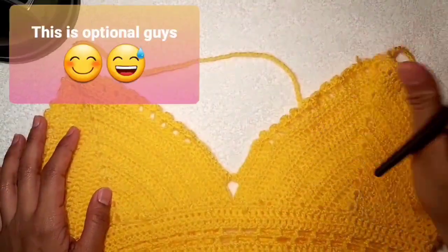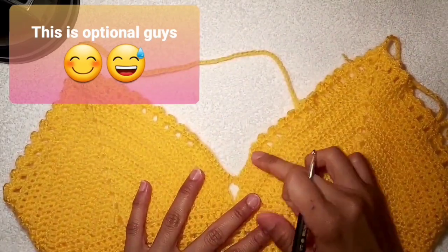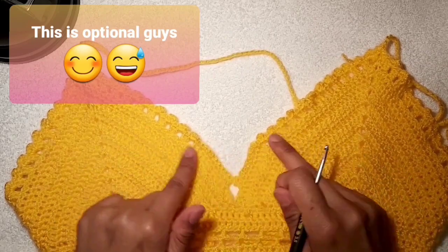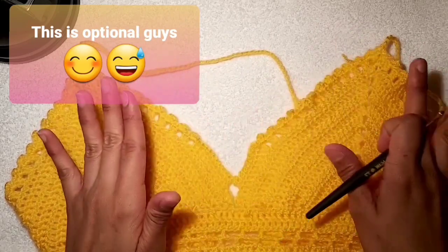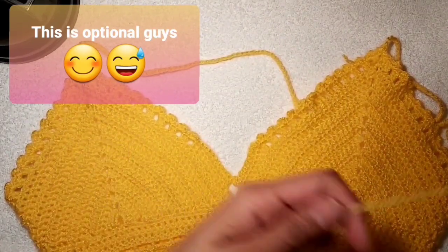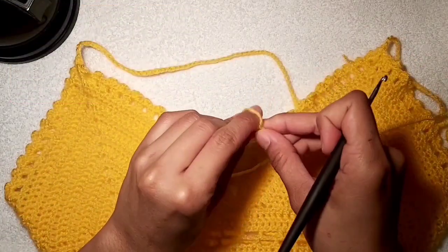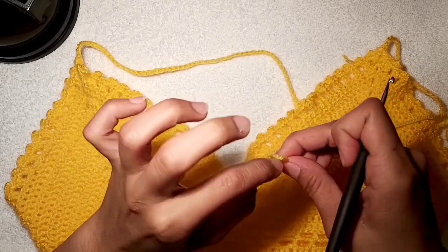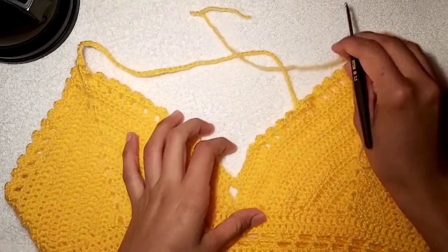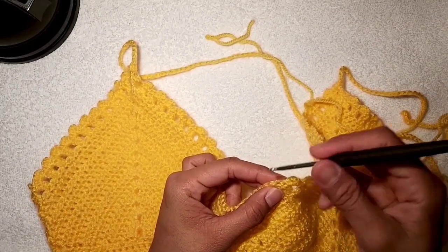I'm so sorry, I almost forgot. A while ago I mentioned that the main reason why I add a solid rows of double crochet is because I want to connect these two. And again guys, this is completely optional. It really depends if you want to add it, but I'm still gonna show it to you anyways. So what you want to do is to make a slip knot, and then you want to look for or locate the first space on your cup, first space on top of the